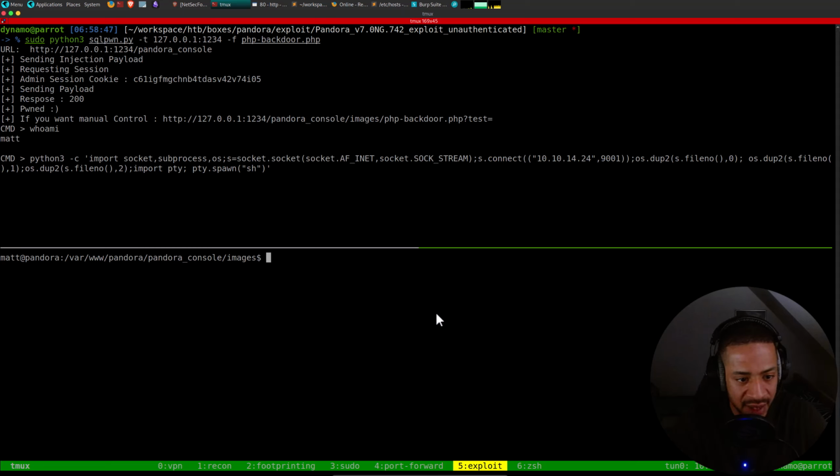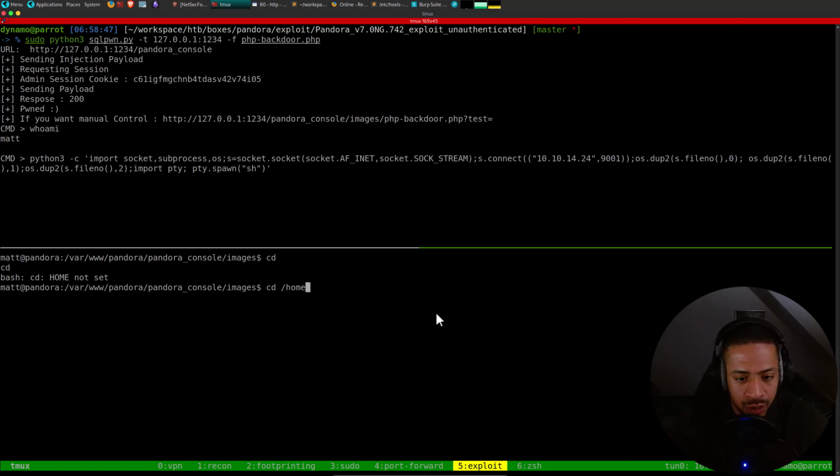So we are Matt and we are logged in to Pandora console because our exploit dropped us into images. Right. Now, what do we want to do first? We want to go onto the user folder. Home not set. Okay, one thing after the other.